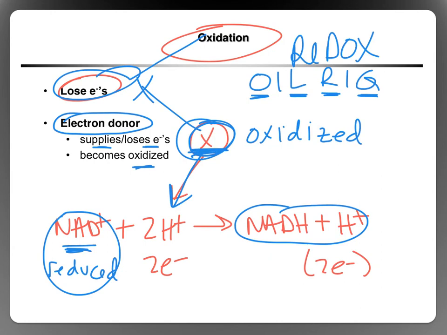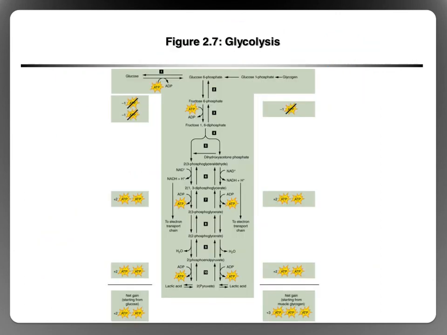Okay, so in a redox reaction, you've got one substrate being oxidized, another substrate being reduced. And together we have a redox reaction because the hydrogens and electrons had to originate somewhere, originates with the donor, and it had to go somewhere, goes to the acceptor. The donor is oxidized, the acceptor is reduced. Okay, so whenever we have these going on,